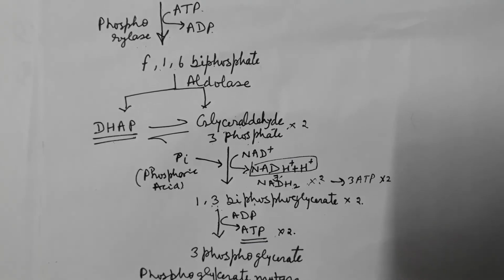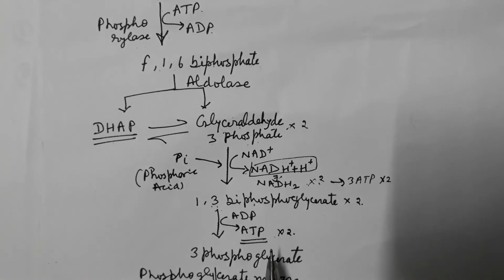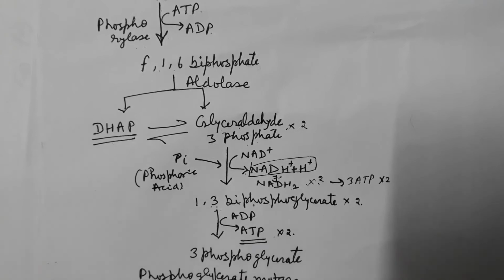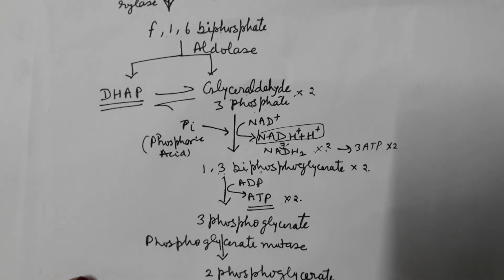अभी तक ATP produced हुए थे in previous step. यहाँ पर in the previous step ATP used up हुए थे. यहाँ पर 2 ATP की formation हो रही है इस step में. In the next step,